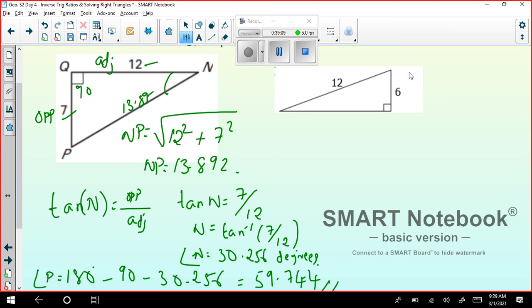I want you all to try this particular problem. It's ABC. So try to solve triangle ABC. Get this particular side and also get the angle A and angle C. I'll give you a couple of minutes. Use your chat once you have the answer. Let's go over the solution for this.